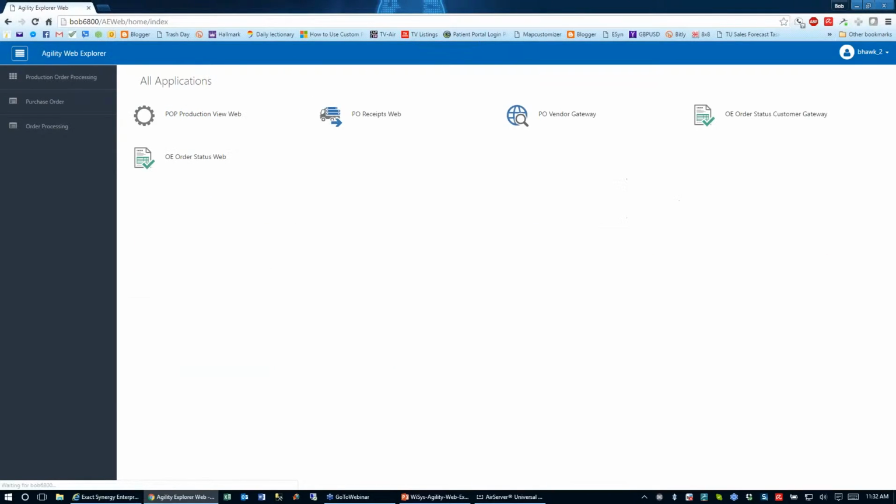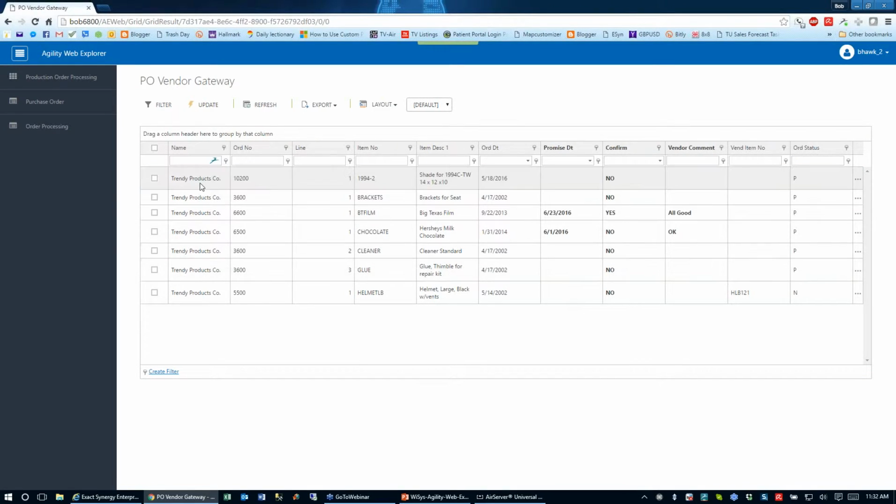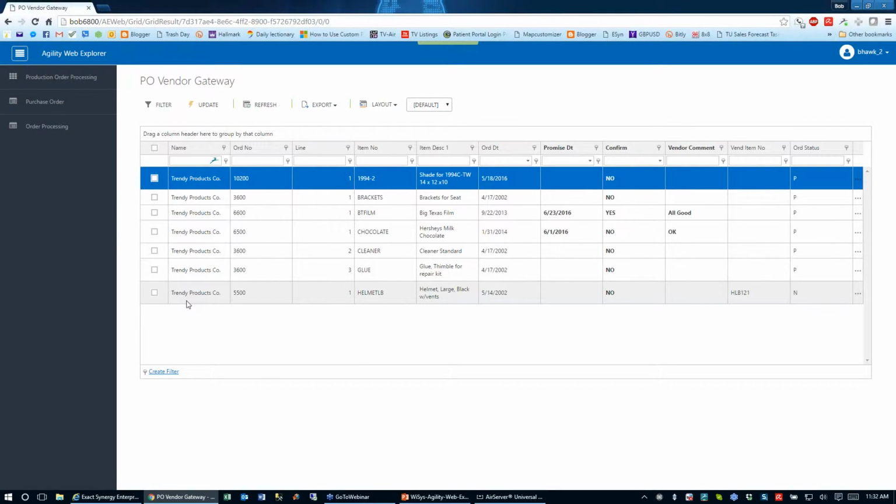So we created this idea of gateways. So let's take a look at a PO gateway. A gateway would be different than a portal. A portal would have many things to do. This is just very limited. So you'll notice right now I'm logged in as BHawk. When I'm logged in as BHawk, I'm the guy at Trendy Products, in the Far East, and I'm supposed to be the guy,